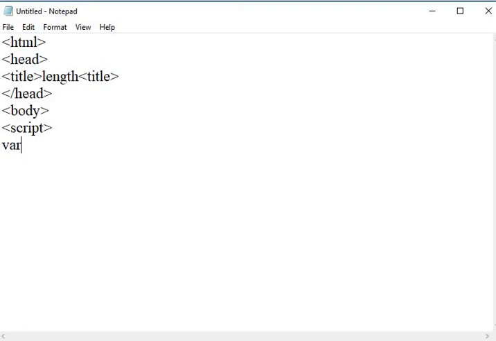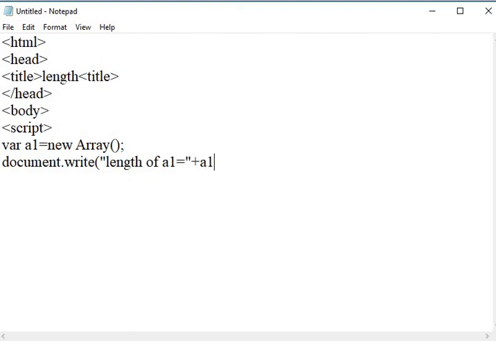Here I am creating one array, A1, as a new array, and here I am not passing any length for this array. After that, I am printing the array length by using the write method. Length of array 1, that is A1, is equal to A1.length.